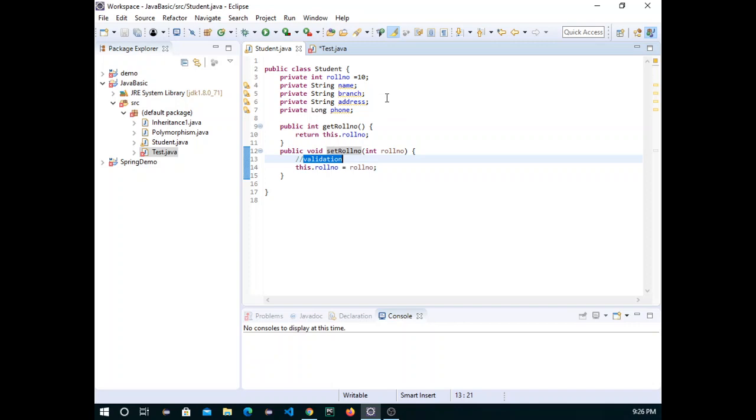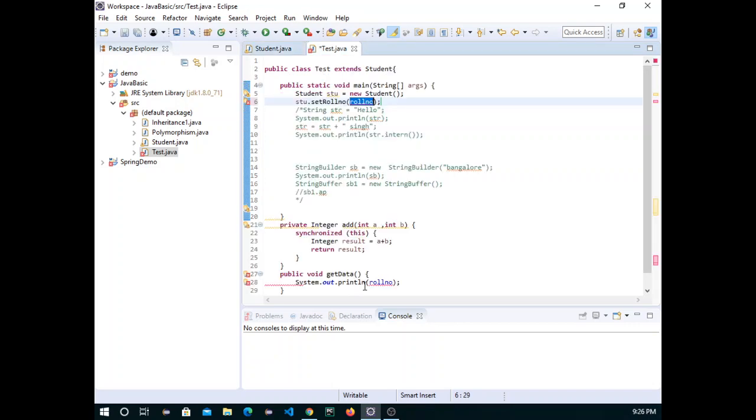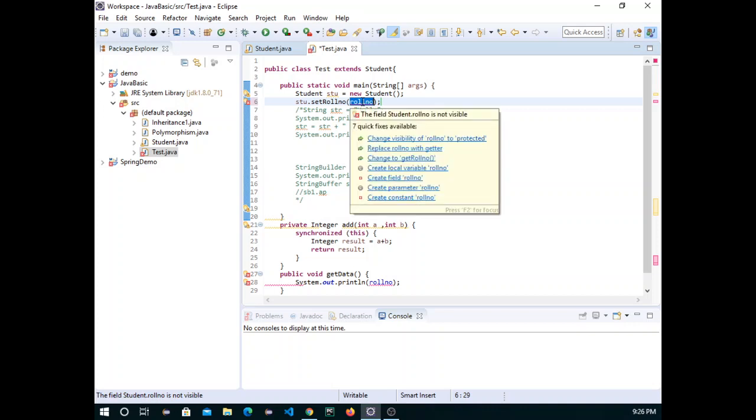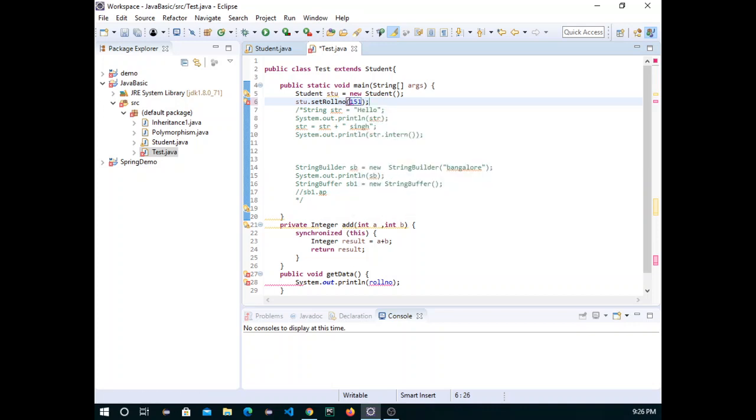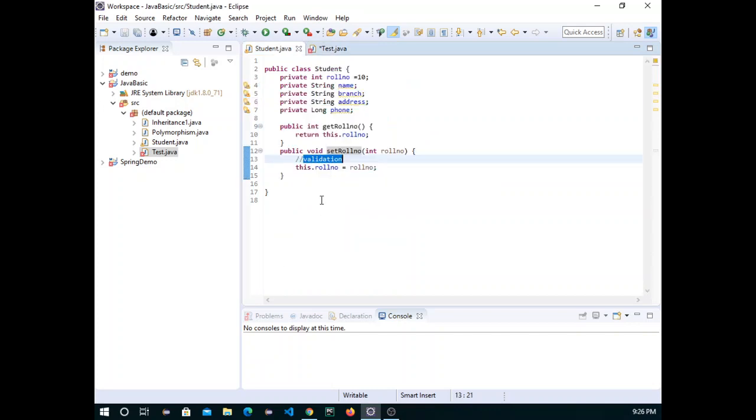When someone tries to set the data from here, he doesn't even know what will happen once I set the data. Simply he knows, okay, I have to call this function and pass whatever data we want to set, and he will do that. But internally we are doing some validation, and only then are we allowing whether this data will be set or not.